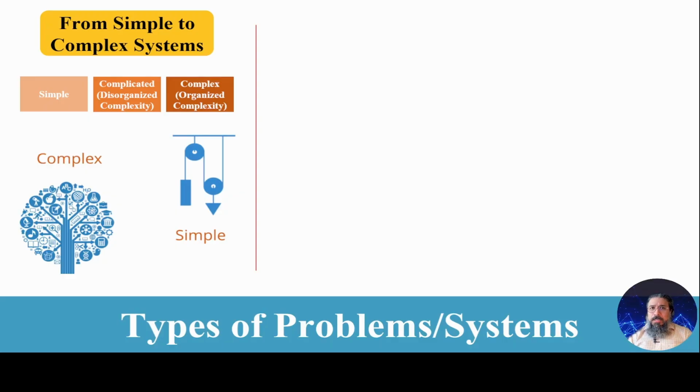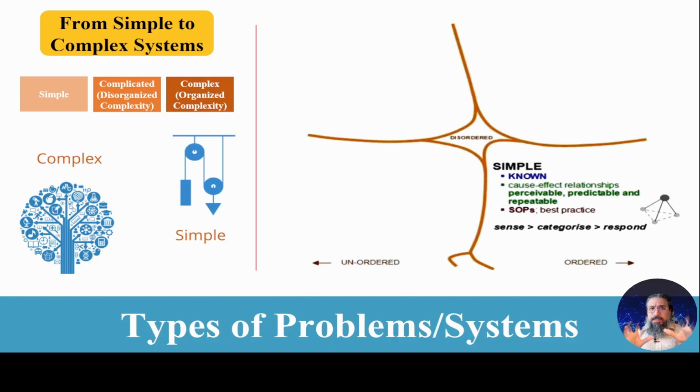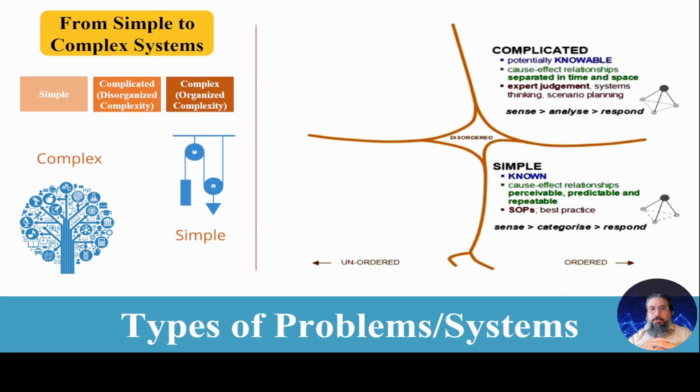In one of your readings, it offers 4 different categories of problems. I do not agree with that. That's why I'm showing it here. So it says order to the right, disorder or unorder to the left. It introduces the first form of problem, simple problems. We talked about it. It's the same thing as simple systems. And then it introduces complicated. So this is the first mistake I believe they make. Complicated is in the order side. Complicated is in fact very disorganized. That's why we call it disorganized complexity. So that's the first problem.